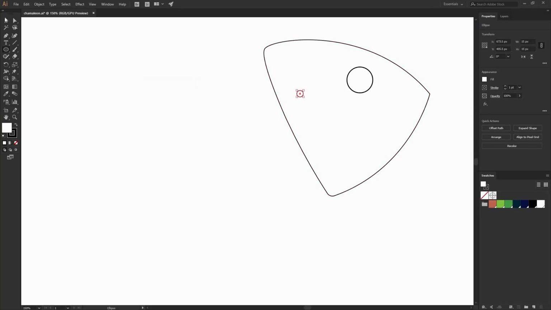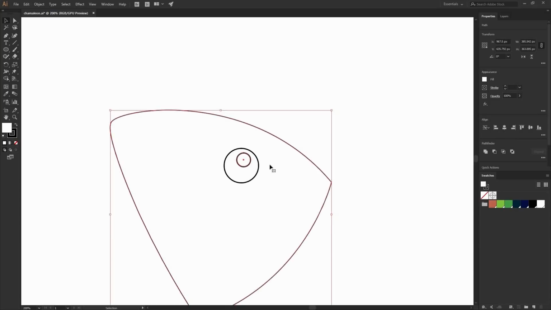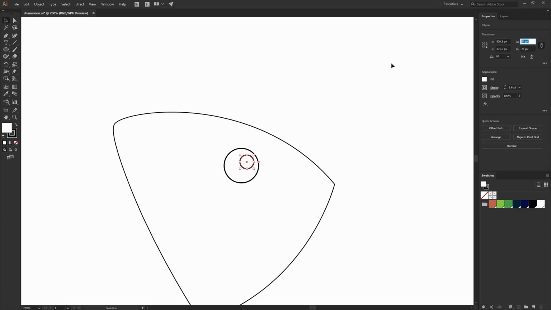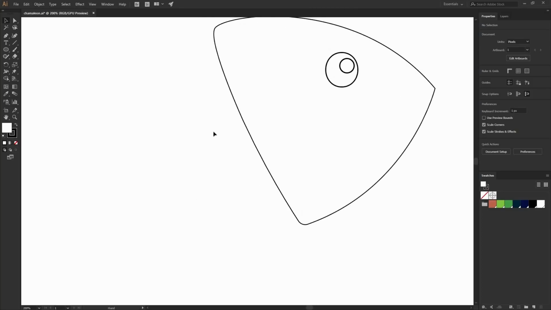You can also simply click on the canvas and apply the values before you create the ellipse. Now let's make this one a little bit bigger and move it right here. So one thing that I don't like about this is that it's kind of a perfect circle. So I'm going to go to my direct selection tool, select the anchor points on the right and on the left, and using the arrow keys on my keyboard, just move them twice. Just click twice. So you move the anchor points a little bit